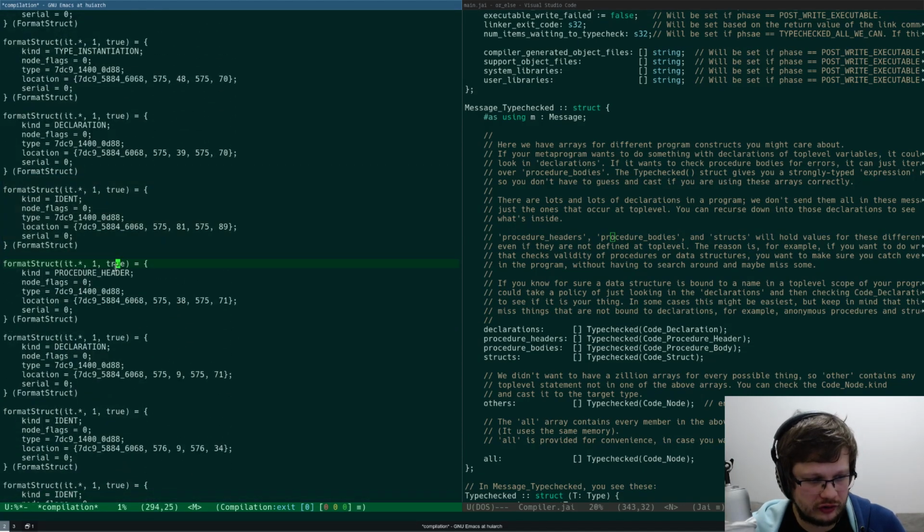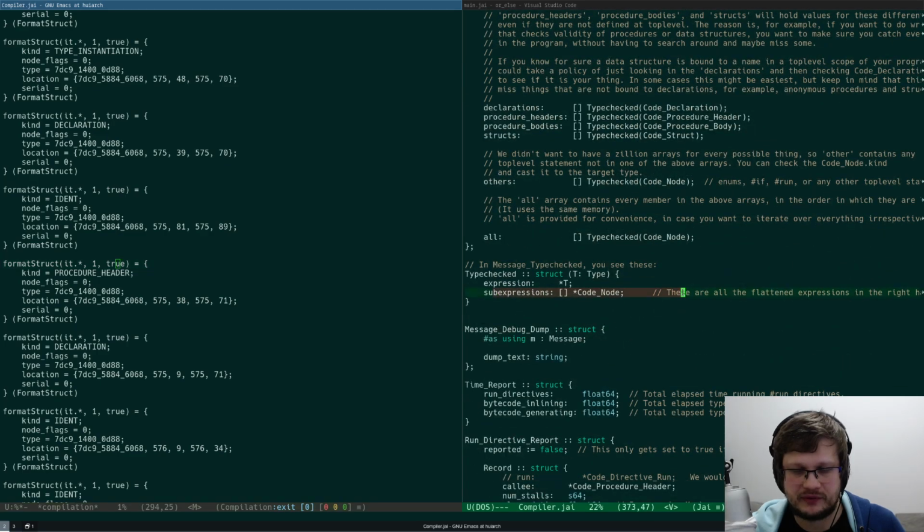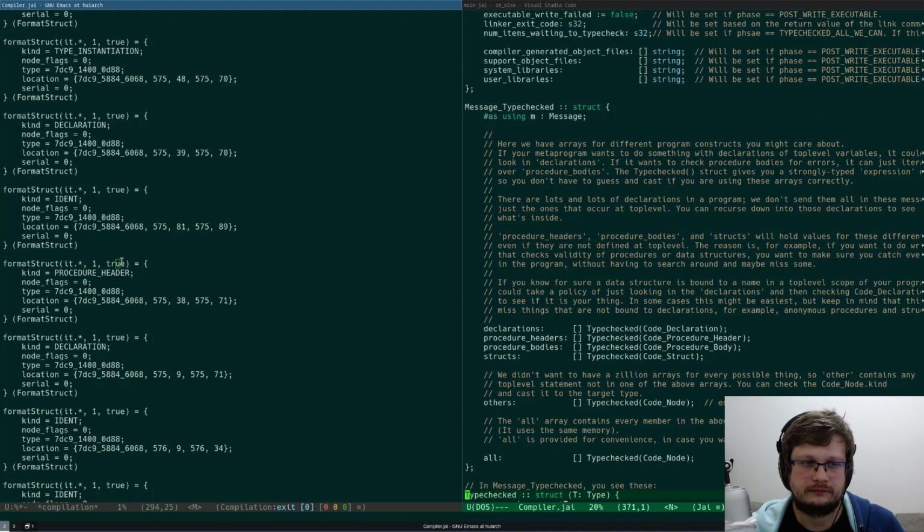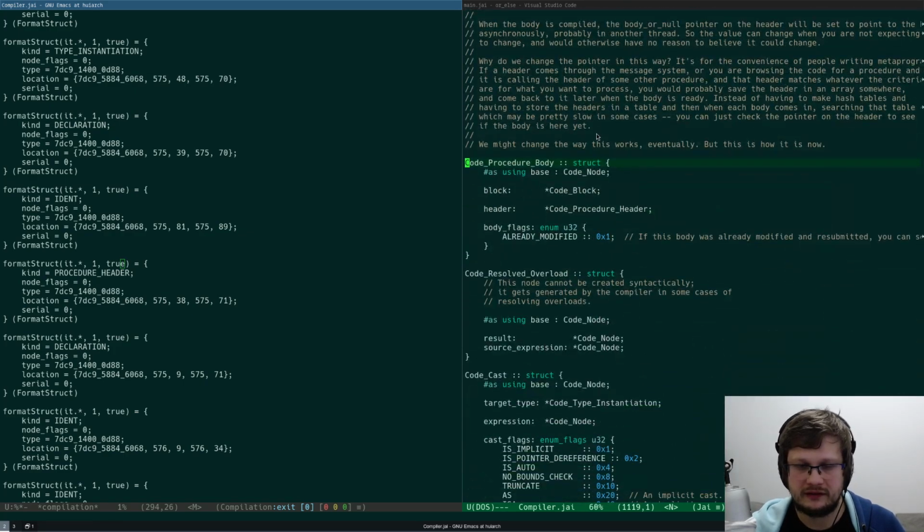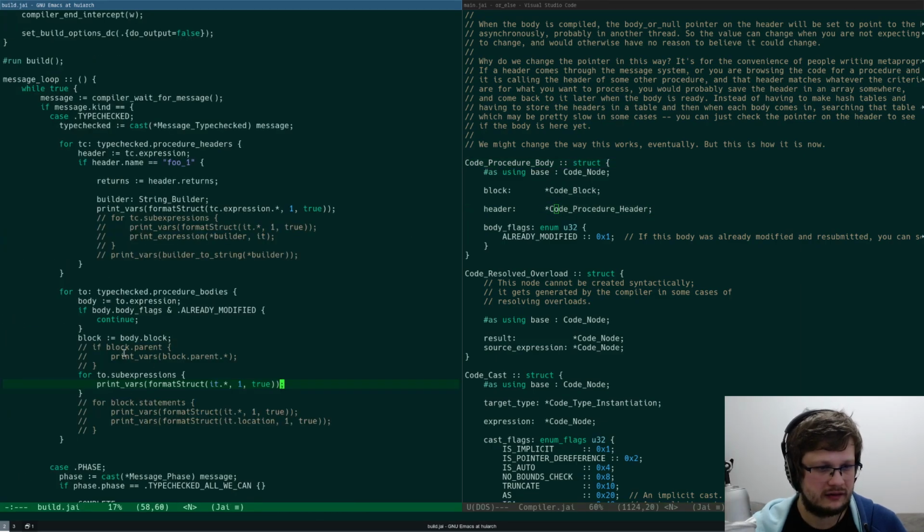So yeah, we get return, and inside of that return, we need to recurse into sub-expressions. But what I want to do is code procedure body. I need to take this code procedure header, right?